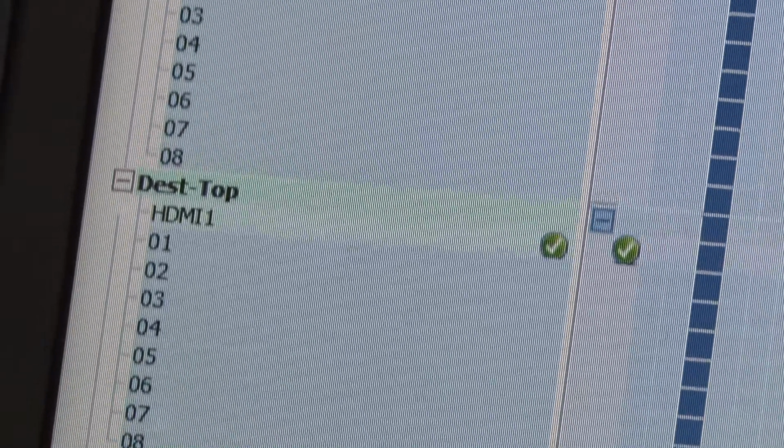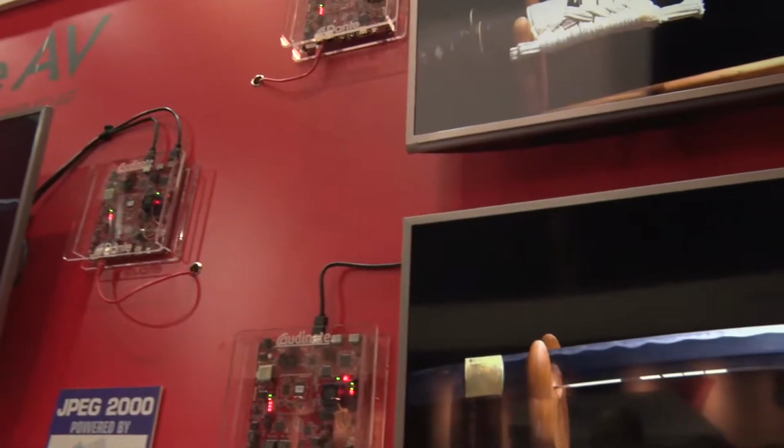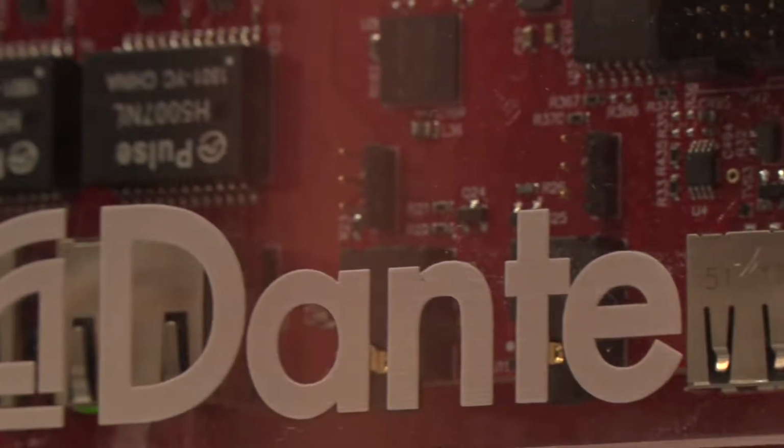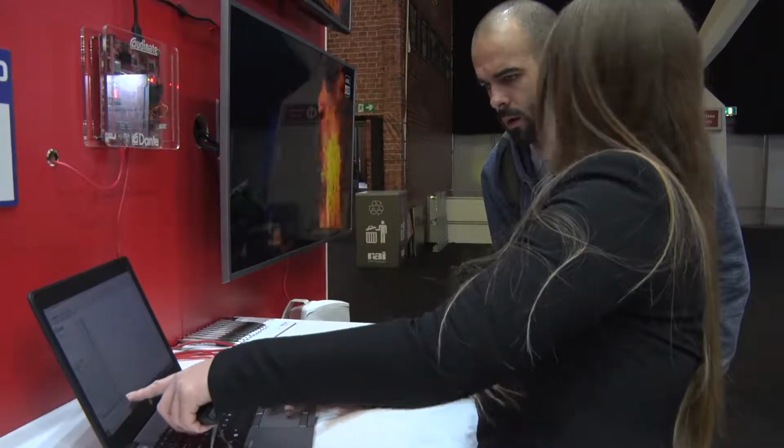So there's a number of applications that we think are going to be important for Dante AV. Some of those, again, I talked about event production, whether that's a musical event, whether it's a speaking event. Also in the installed world, so I think you see in retail with signage, you see in hospitality, so casinos, sports books, any place where you have multiple screens, multiple types of content being played and routed, and then a separate audio system. Houses of worship, we think, is another place where this will apply. So I think when you look at those parameters and say, where do you have multiple screens that need to be routed, but you need perfect lip sync,